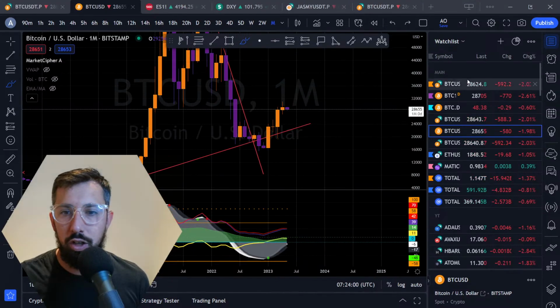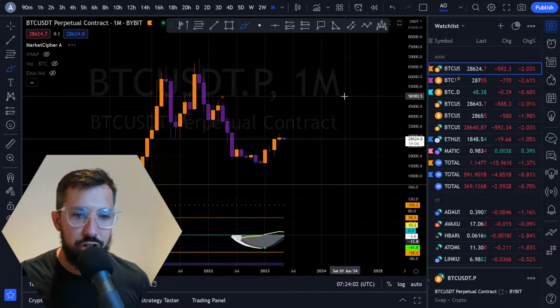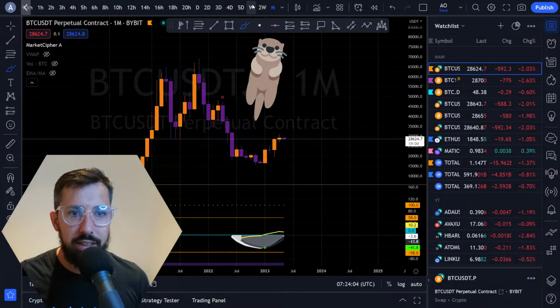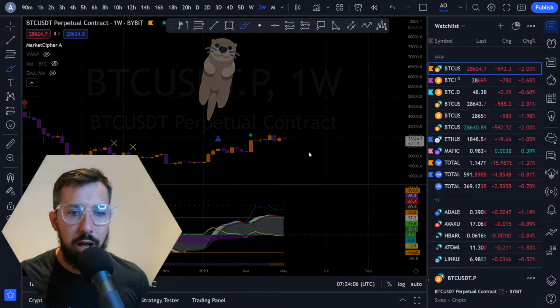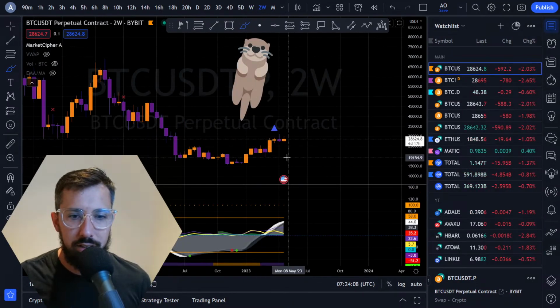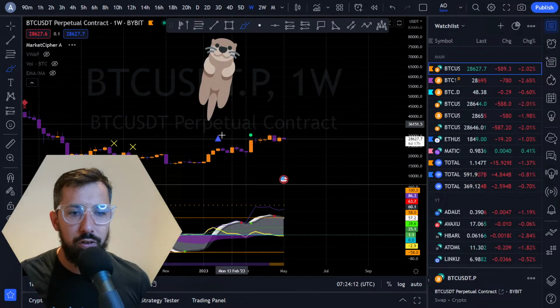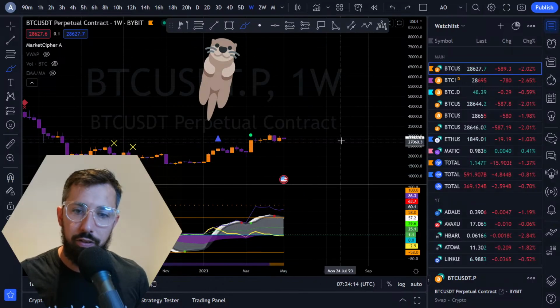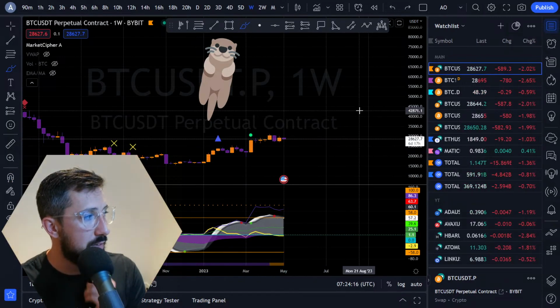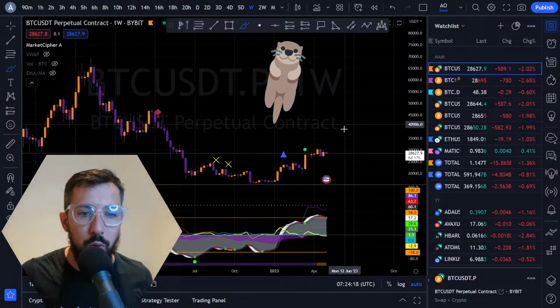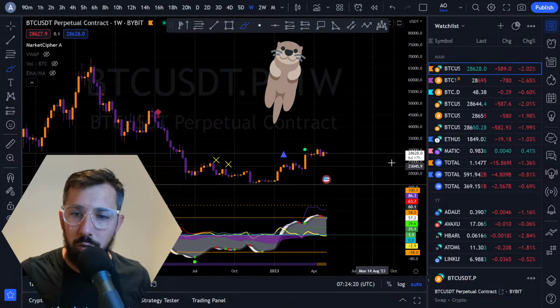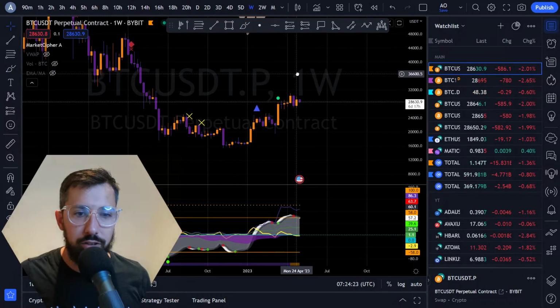Now we're going to go back to our regular Bybit chart, and we'll go to the weekly now because it's a bit better because I trade the weekly. Bitstamp is good for the long-term time frames. Make sure you add the Bitstamp chart. It just has more data, whatever you want to call it, for the longer term trends.